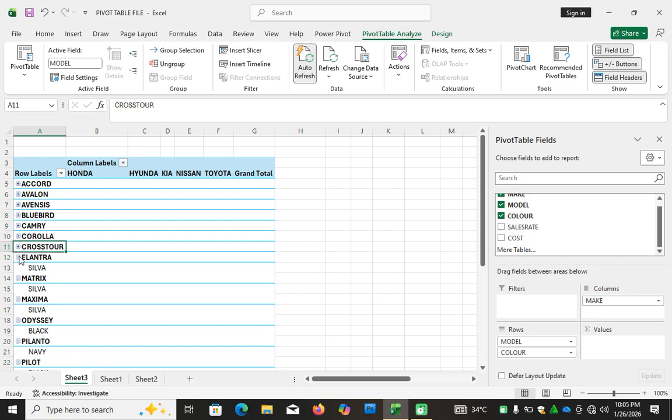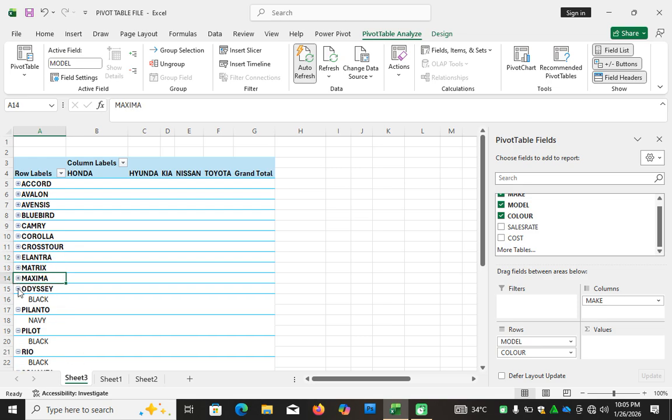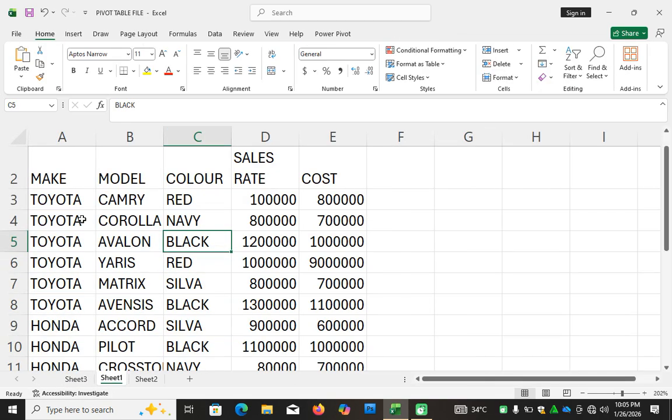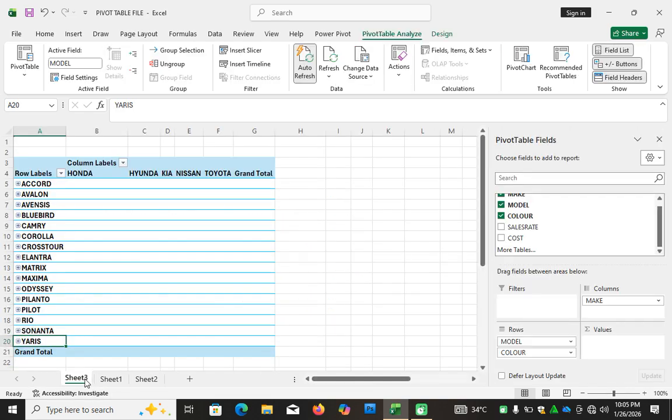So the essence of the pivot table is to rearrange or group data that are similar together. That is the essence of the pivot table. It can categorize data into different categories, just like what we have under sheet 1. If you check sheet 1 now, we have data repeating itself. Toyota, Camry. But in the pivot table, we can see that now we have summarized or grouped them into their